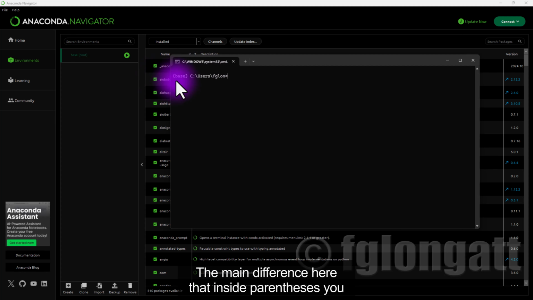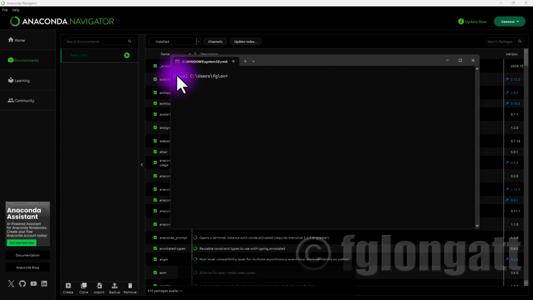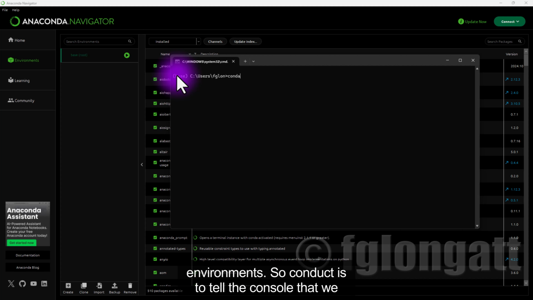The main difference is that inside parentheses you can see the word base, and that means that this is the base environment. So what I would like to show you now is the information about environments. conda tells the console that we are using conda, info